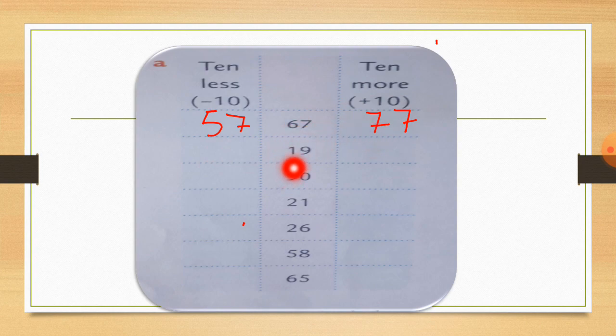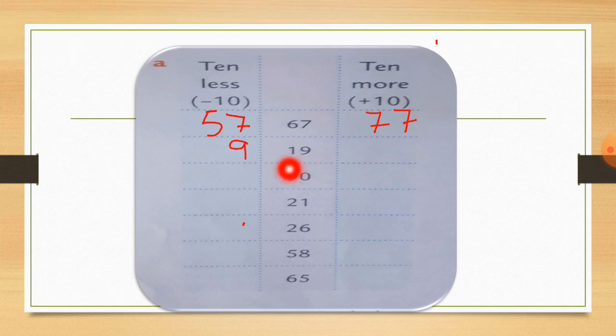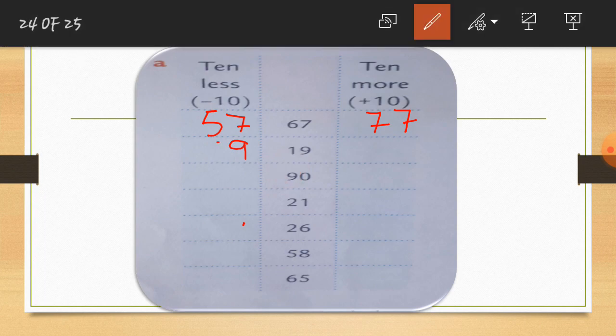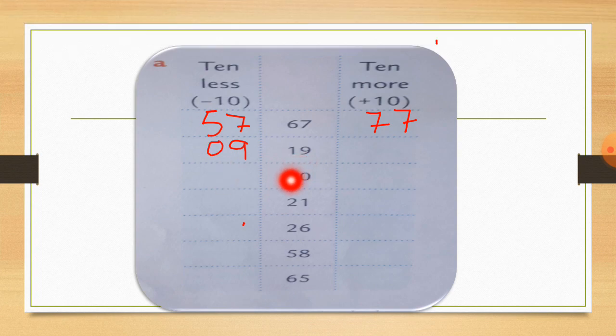Let's see a new example, which is 19. So here I am writing the ones value as it is. So here the ones value as it is, and here is the ones. So here we are subtracting, we are cutting the number. So 1, we cut one from the tens value. So here 1 minus 1 is equal to 0. So I write a 0 here in the tens place. So here we are getting, if you cut 10 from 19, you will get the answer 9.